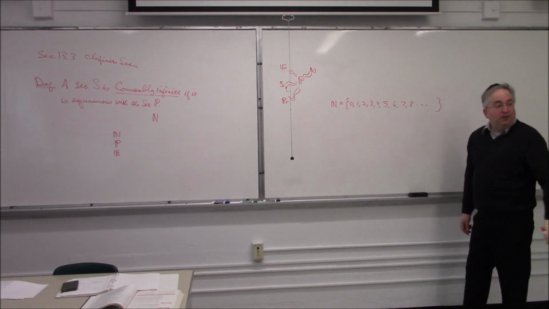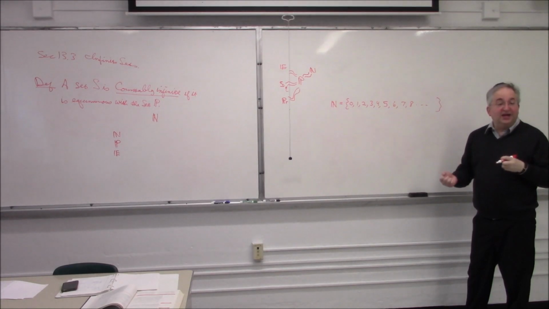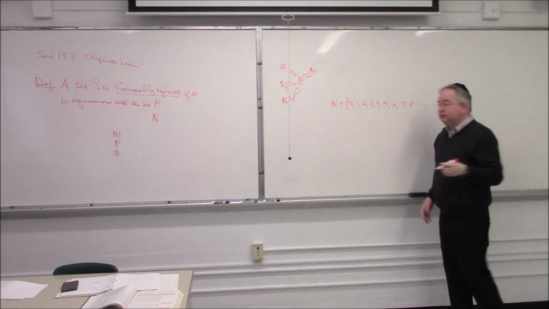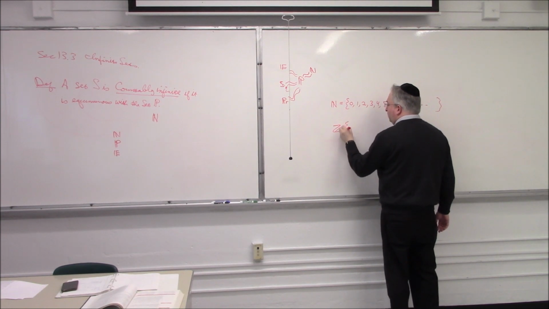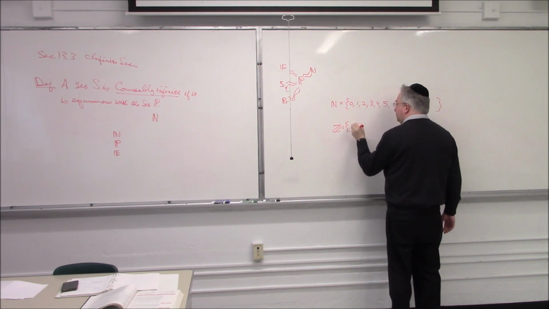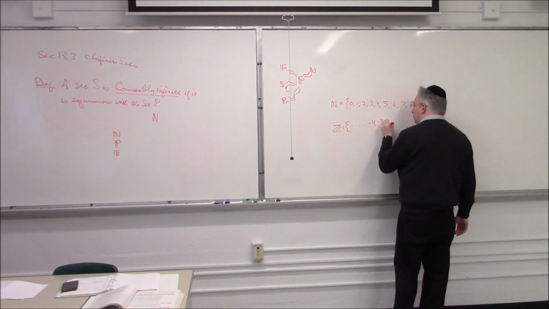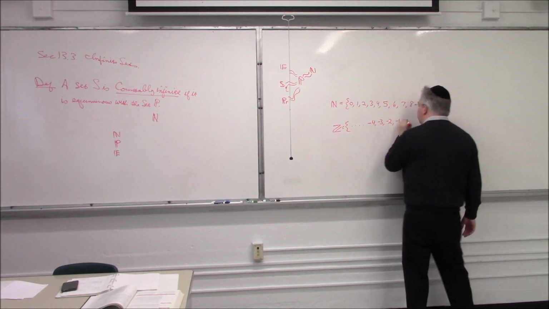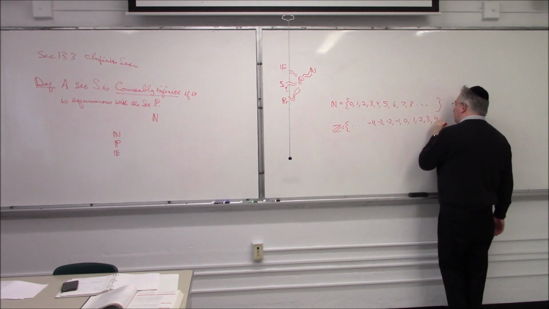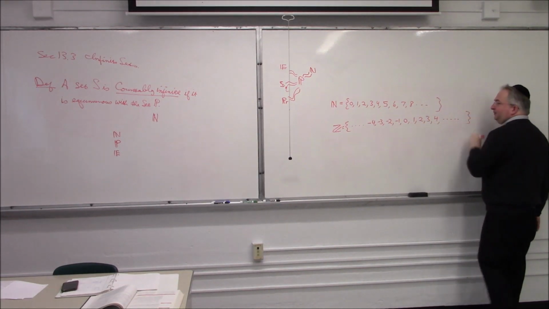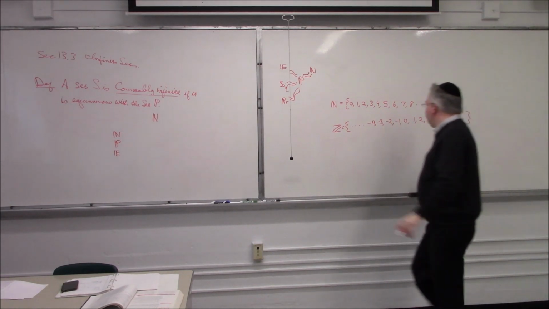Okay. Well, how about Z? What's Z? Z is positive and negative numbers, whole numbers. Okay. Let's dot, dot, dot, dot, -4, -3, -2, -1, 0, 1, 2, 3, 4, dot, dot, dot, dot. Okay. Okay. Now,